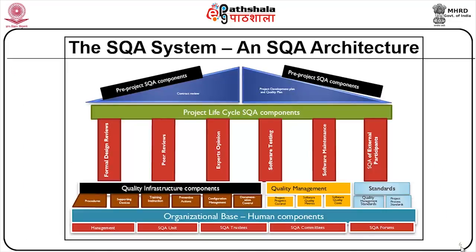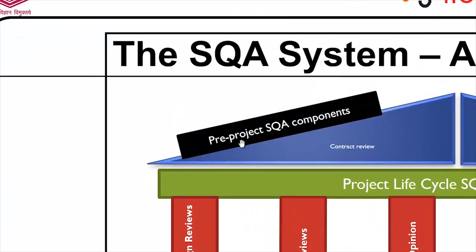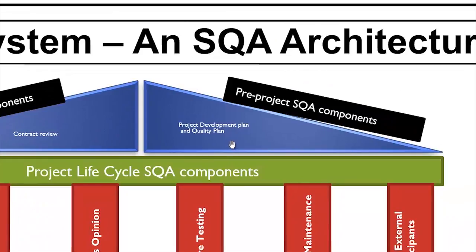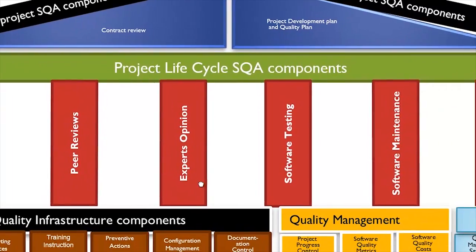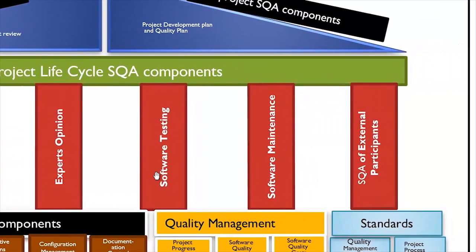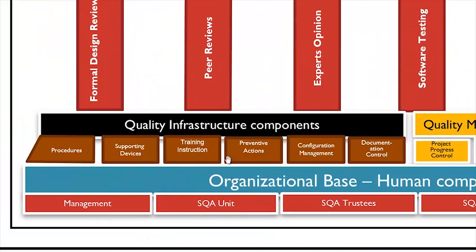The software quality assurance system: pre-project software quality assurance components, contract review, project development plan and quality plan, formal design reviews, peer reviews, expert opinion, software testing, software maintenance, software quality assurance of external participants, quality infrastructure components,